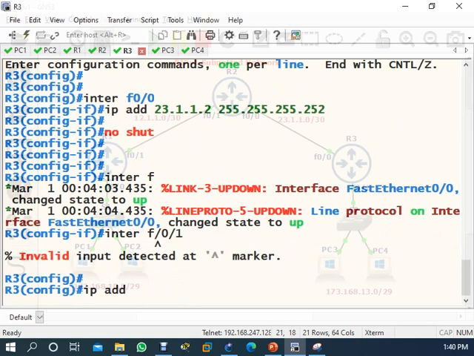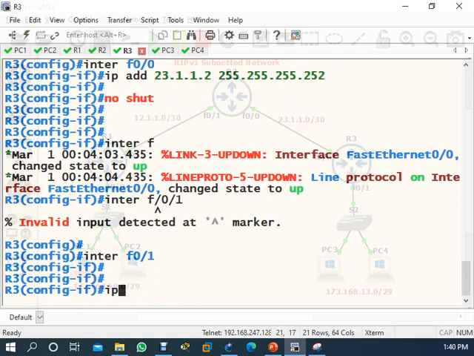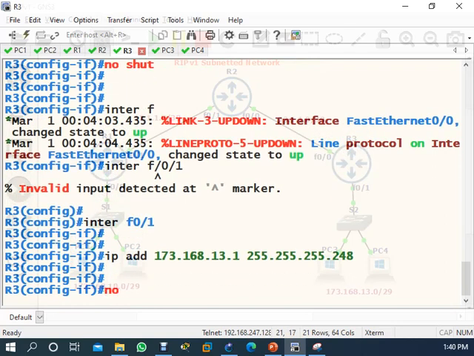You are writing it wrong. 0/1, yes. 173.168.13.1. Subnet mask. No shut. Okay, save.